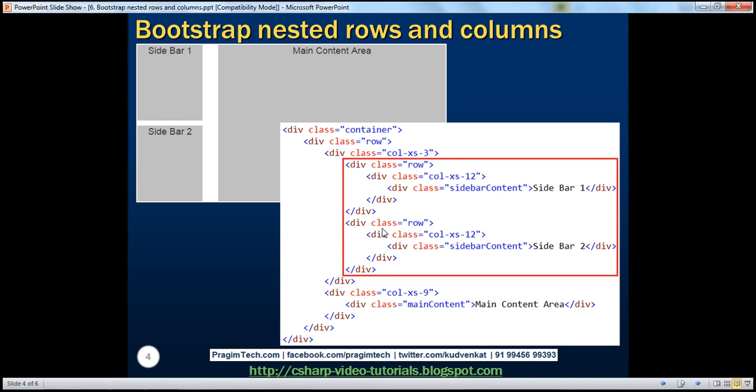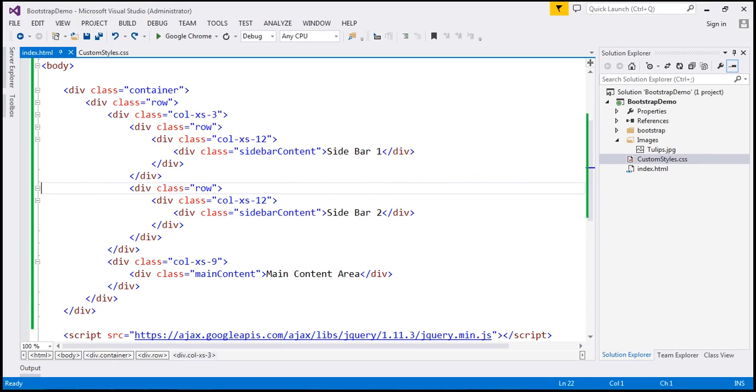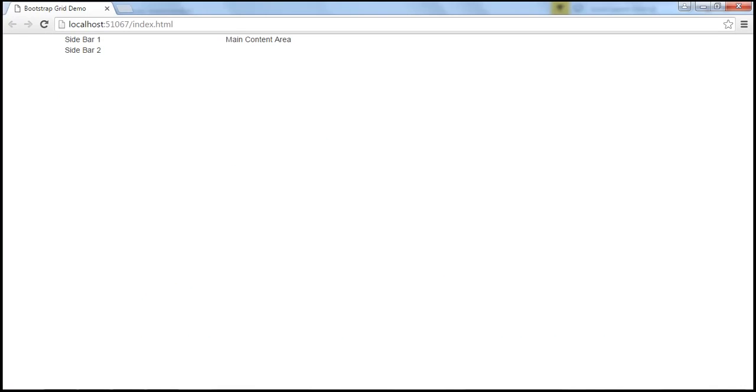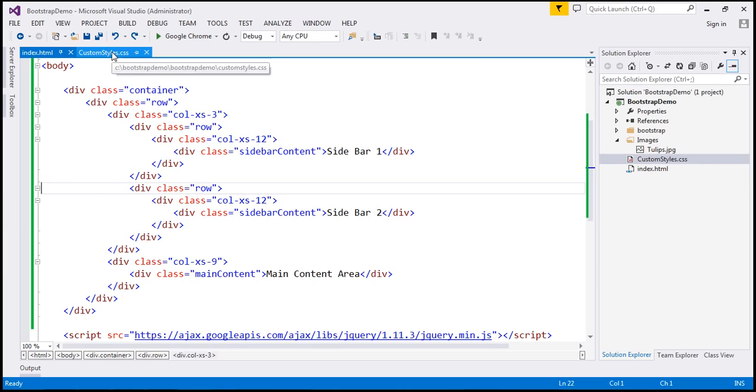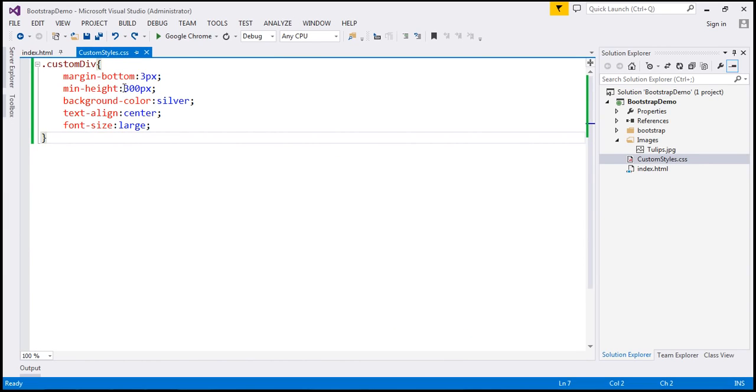I have the same exact HTML already typed within index.html. So if we view this page in the browser, this is how it looks like. That's basically because we have not created these two style classes yet, sidebar content and main content. Let's do that now. Let's flip to Visual Studio, and within our custom styles.css I'm going to change margin bottom